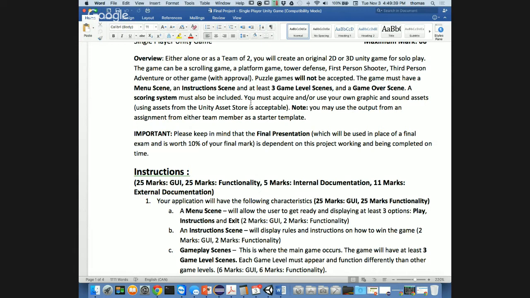Start off with one of your games as a template, and add a couple more levels. It's not that difficult, especially if you're able to start with a template you've already done. So think about one of the games you've already made or you're going to make, and then now you're going to take it further. You're going to make it so that it's almost like a completed game.